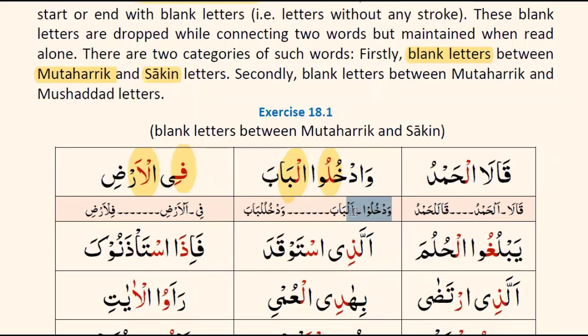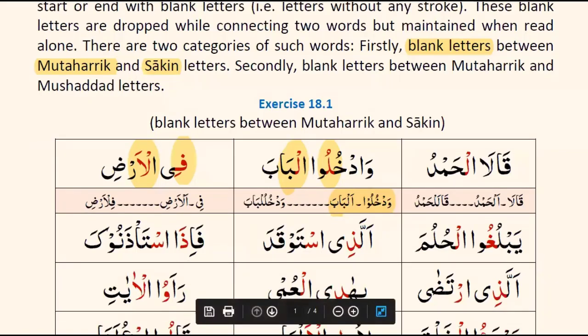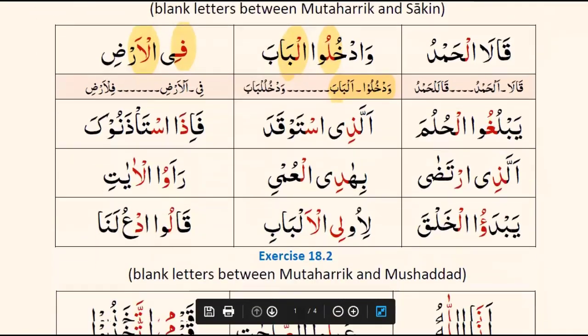And here we can see that if we were going to use the blank letters, we need to stop before the first word. Wadkhulu, so the waw carries a sukoon. We are stopping here in wadkhulu. Then the alif carries a fatha, so we use it again to start from alif, al-bab. This might confuse someone, but that's okay. We are going to practice this together and learn.